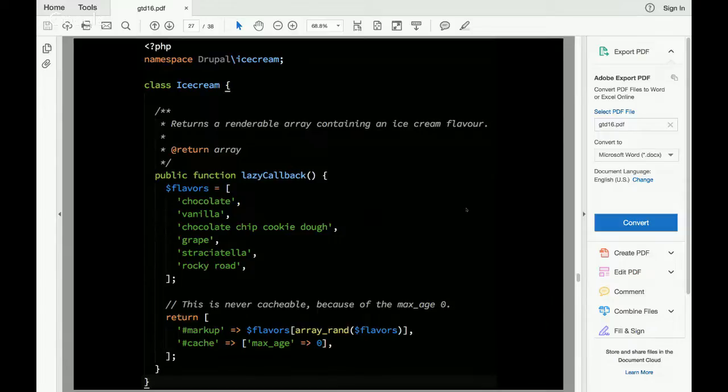So chocolate, vanilla, chocolate chips, grapes, and so on, they become the dynamic part. But the part which says "Today's ice cream flavor is" is static, correct? So we can cache this part, but we cannot cache the dynamic part right now. So the dynamic part becomes uncacheable, and the static part becomes cacheable. So one render array could have a cached part and an uncached part, which will be loaded by a lazy